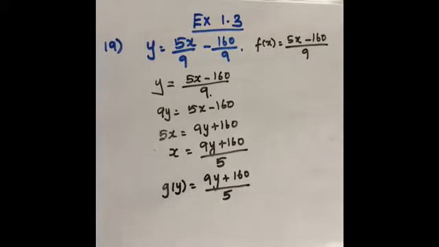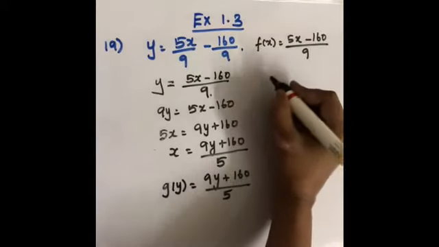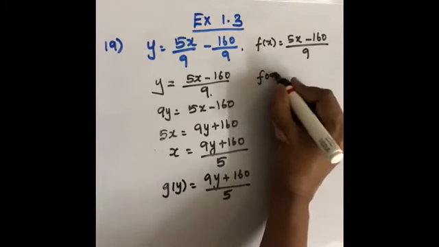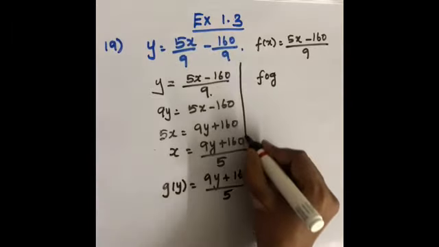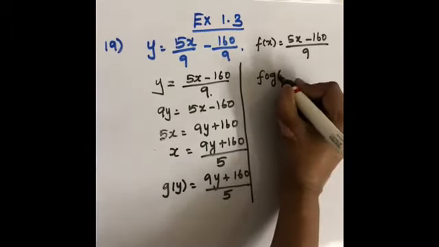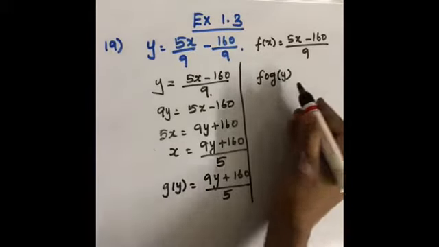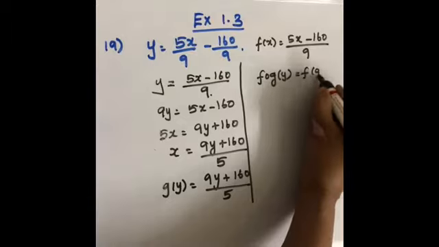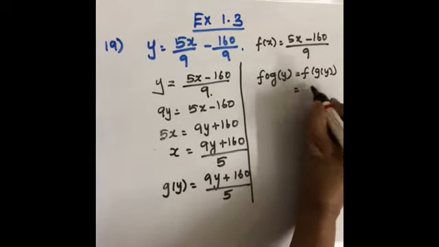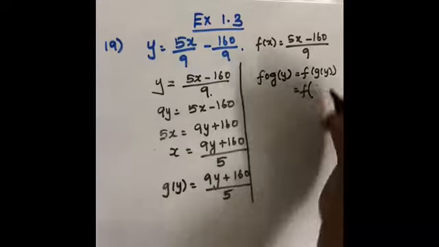Now, we have to find the inverse of this function, and we have to determine whether the inverse is also a function. So, g of y now we have found out. Now, we have to find f composite g and g composite f. Okay. So, f composite g of y, if g comes here, we have to write y only. F composite g of y, that is equal to f of g of y. What is g of y here?